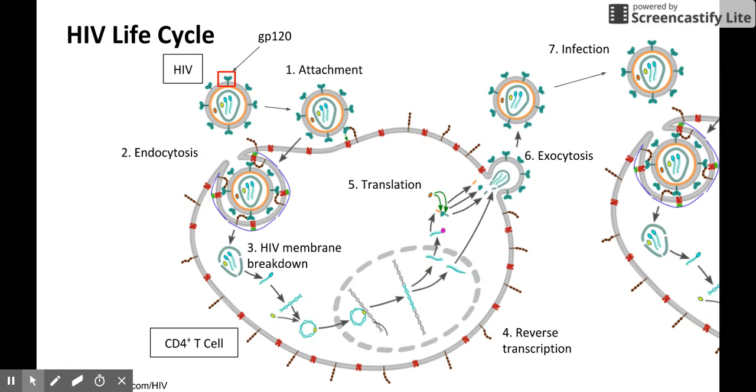HIV harnesses CD4 T cells for its own viral replication through the binding of the GP120 glycoprotein subunit to the CD4 receptor, leading to endocytosis and membrane breakdown. HIV reverse transcriptase converts single-stranded viral RNA into double-stranded DNA, which enters the nucleus and integrates into the host's genome. Normal mitosis occurs, which includes viral transcription. mRNA translation results in HIV structural proteins, and viral RNA molecules are packaged and exocytosed by the cell to infect